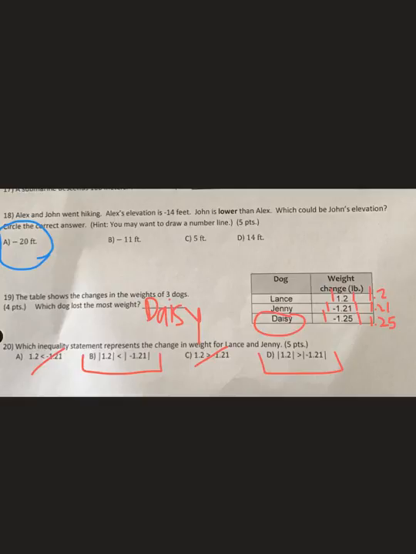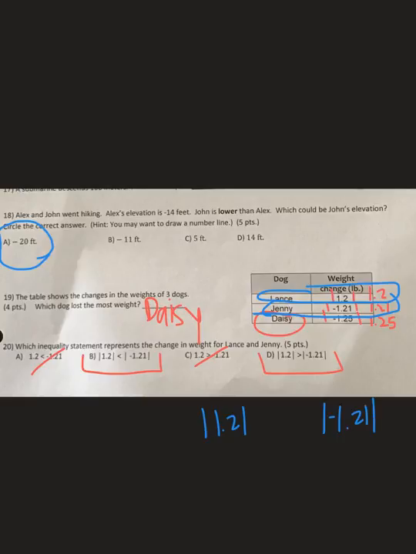So the two people that we're looking at are, the problem says Lance and Jenny. So Lance is here and Jenny's right below him. So Lance's weight was the absolute value of 1 2/10, and Jenny's weight is the absolute value of negative 1